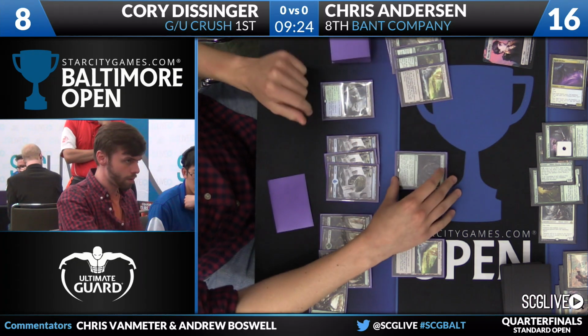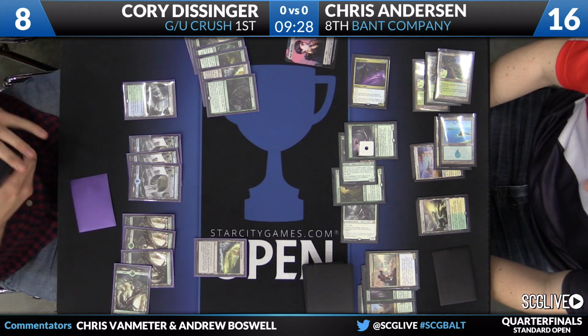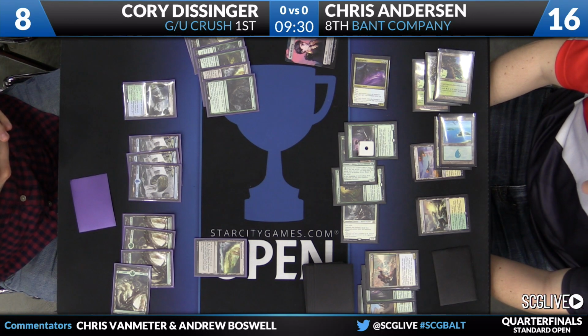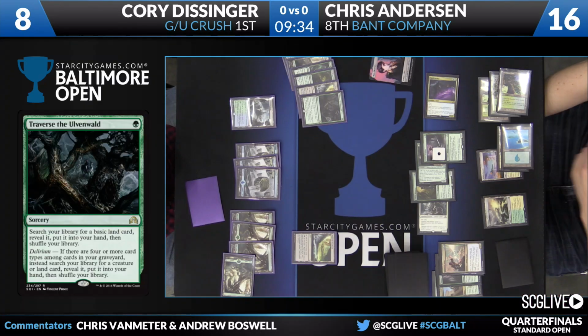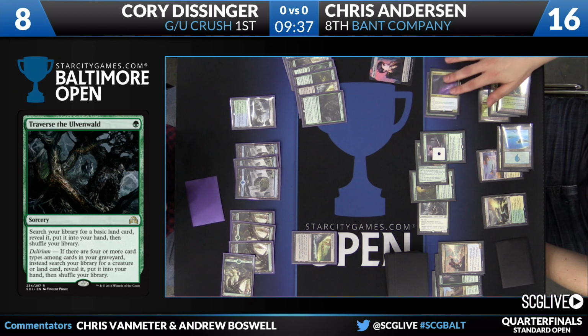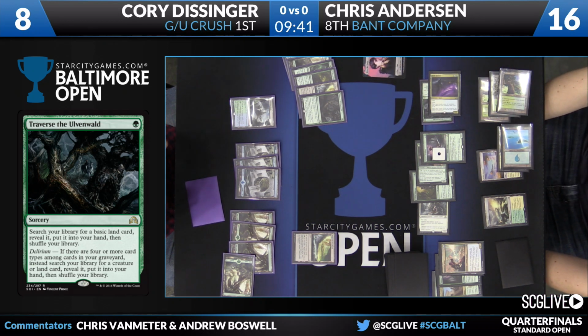Looks like we did draw another copy of Traverse the Ulvenwald. And an Ishkana here would be quite nice. They do all enter the battlefield tapped, though. Oh, that's right. So I wonder what Cory can even do here. He might be able to get a Den Protector to... A Den Protector would allow him to get back a Pulse of Murasa, yeah, and then cast the Pulse on